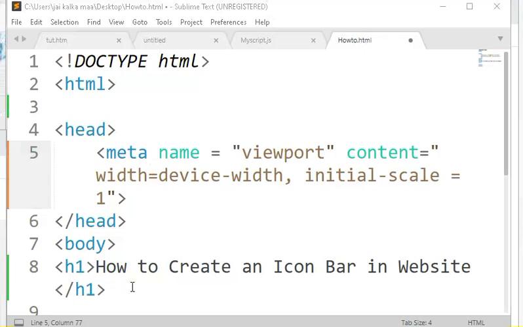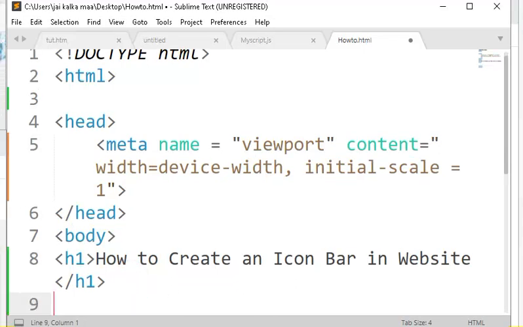And now guys, in the body tag we are going to write the elements. First of all, we'll write the division tag, which is used as a container in HTML. We'll assign a class to it as icon bar.